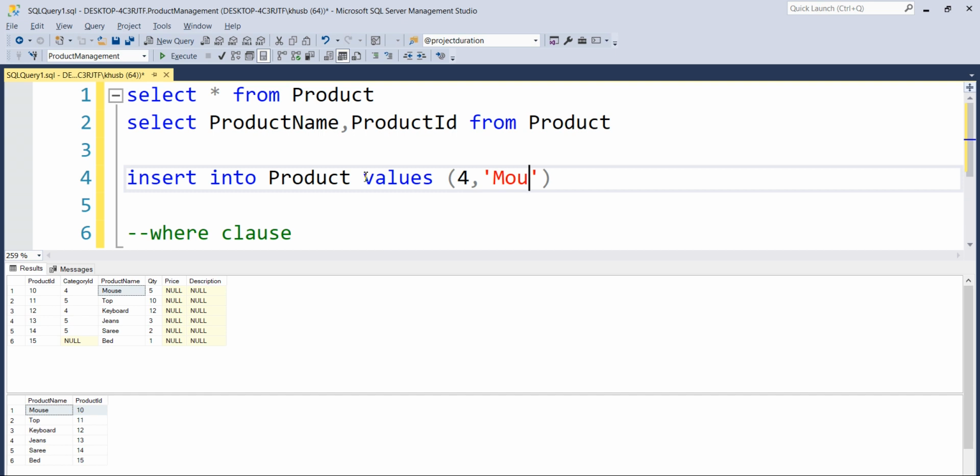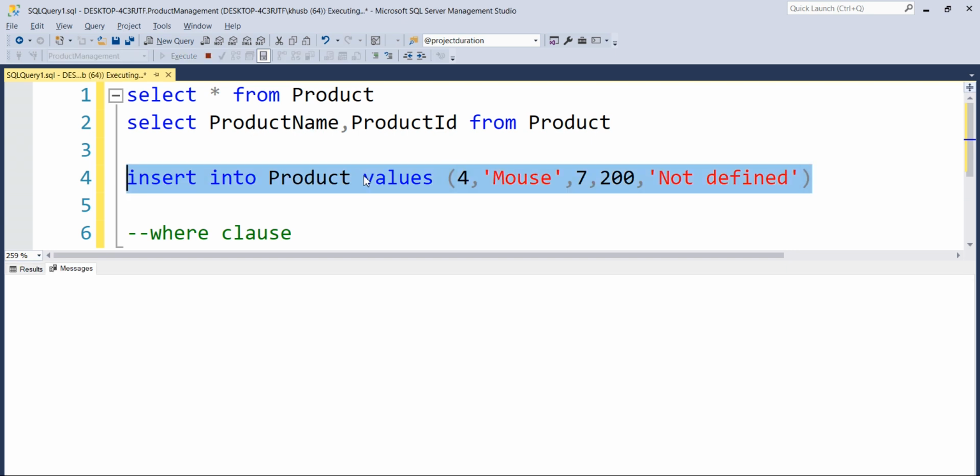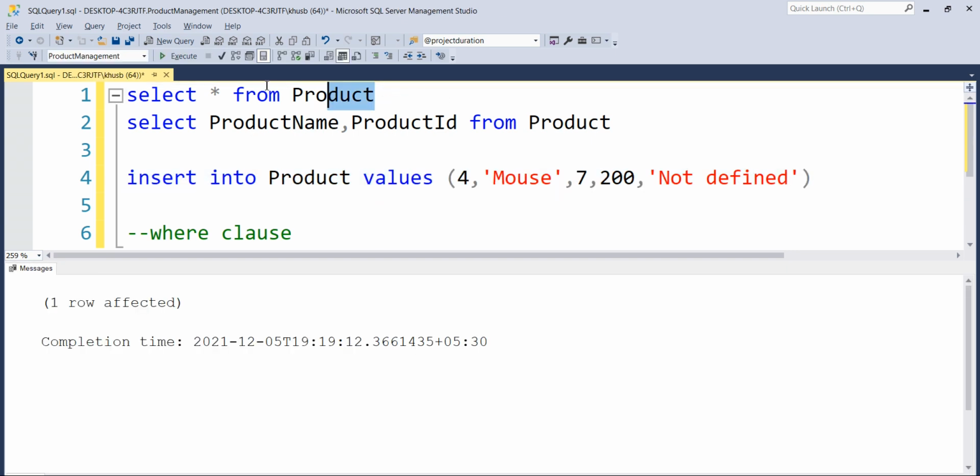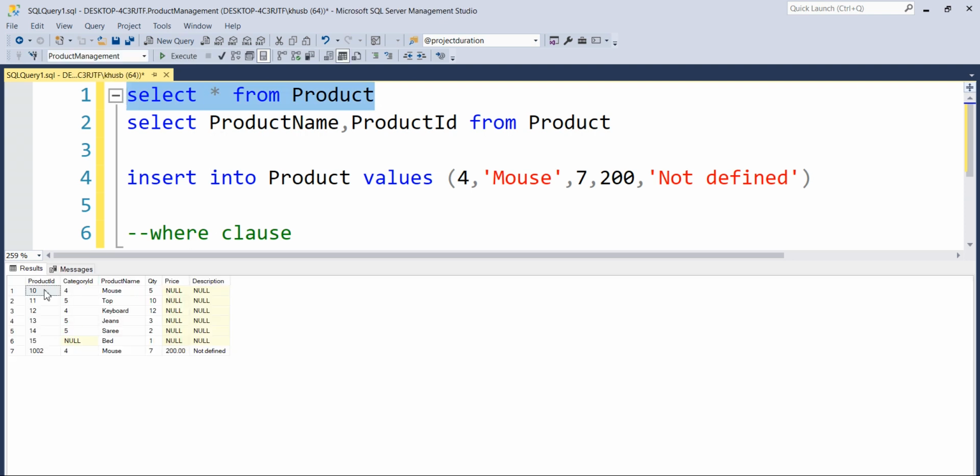Then I need to specify mouse, and then we have quantity of, let's say, 7, and price something like 200, and description is not defined. Let's insert one more data to this. Now again select this.